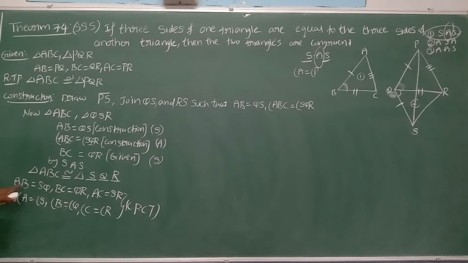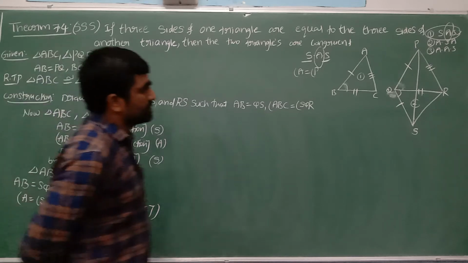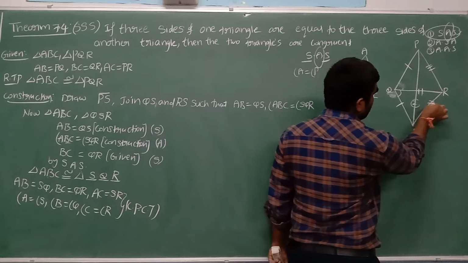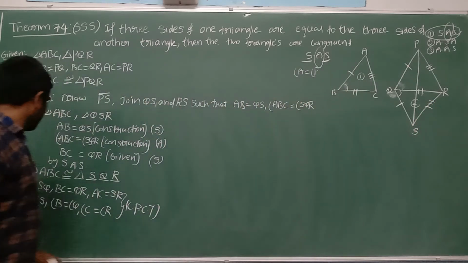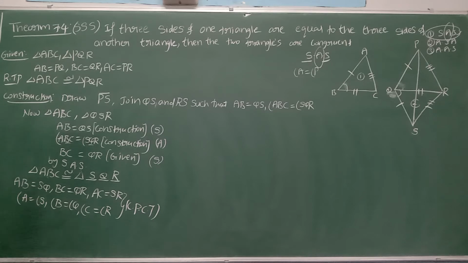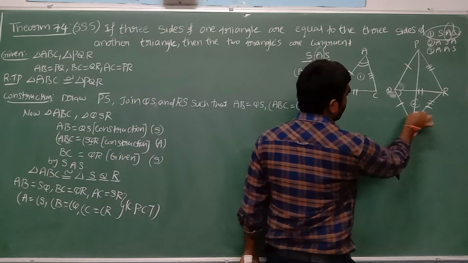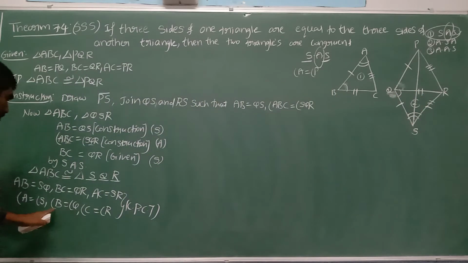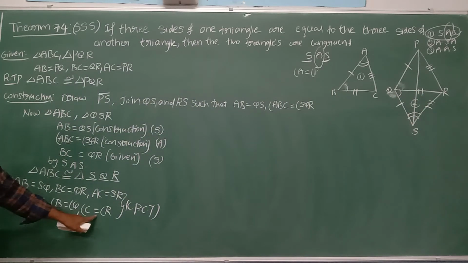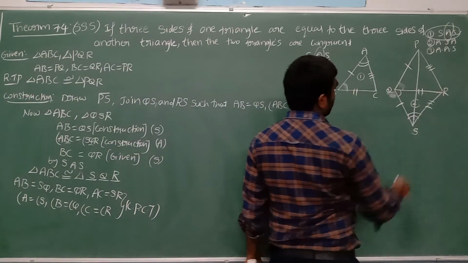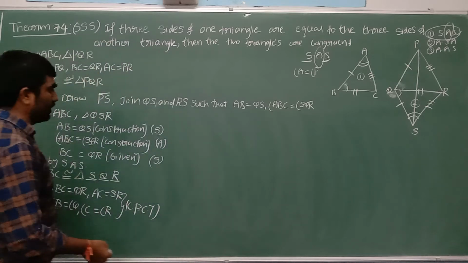If you require, you can mark it. AB is equal to SQ. We can see one mark. BC equal to QR, mark is there. AC equal to SR. On AC I can see three lines, on SR also I will go with three lines. More, angle A equal to angle S. You take one mark over here. Angle A and angle S, I got both are equal. Next, B is equal to Q, we took by construction. C equal to R. Angle C equal to angle R, both are also equal. You can take a different symbol, three also you can take.